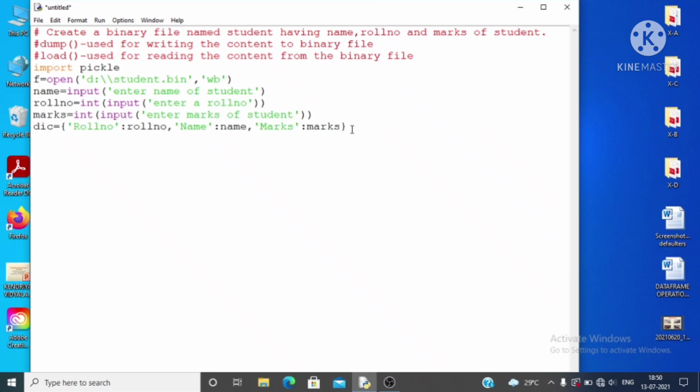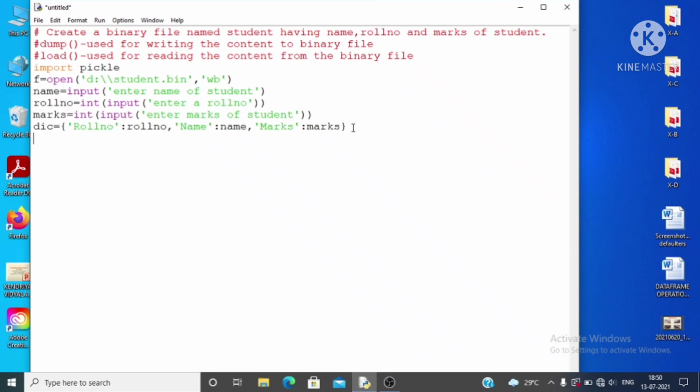Since Python is a case sensitive language, this Marks, in which M is capital and all the other characters are small letters, is different from this marks, in which all the characters M, A, R, K, S are in small letters.